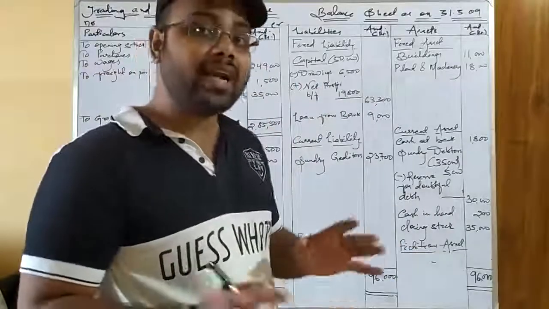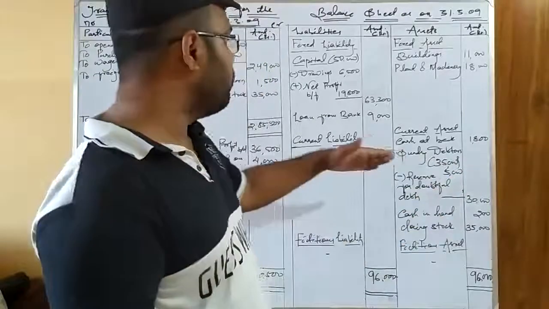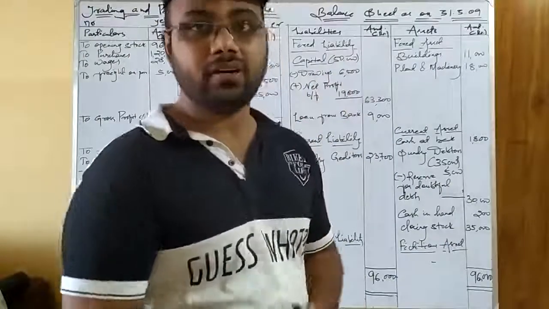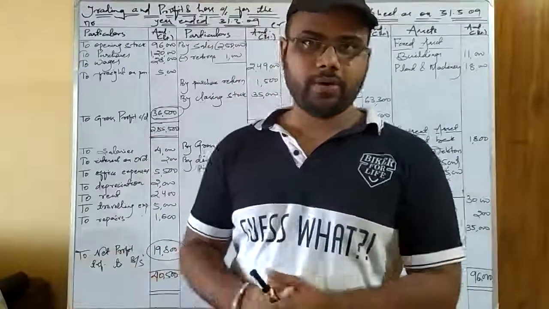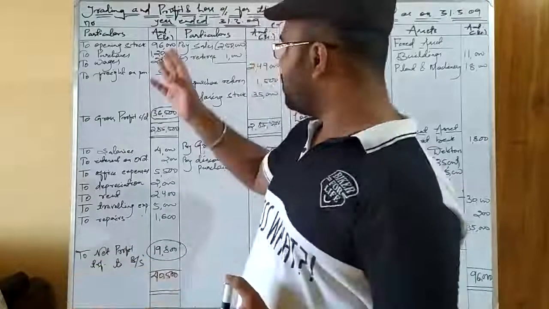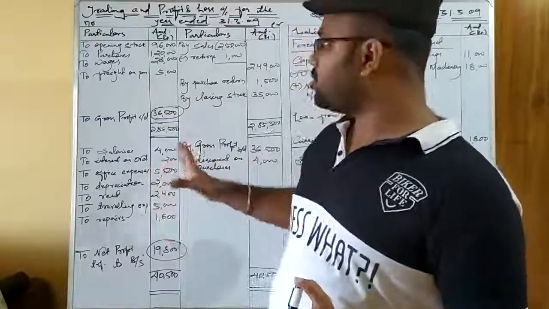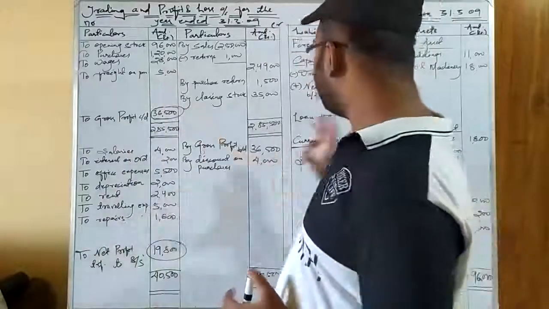But if you make any adjustment wrong, like I have left one adjustment here, or if you make any mistake like in the calculation of the adjusted capital, then definitely your balance sheet will not tally, even if you get the gross profit and the net profit correct. So always solve the problem by watching the items properly, whether you have posted them or not. Then only go for the calculation and make the calculation in the rough area twice or thrice to check whether you have committed any mistake.